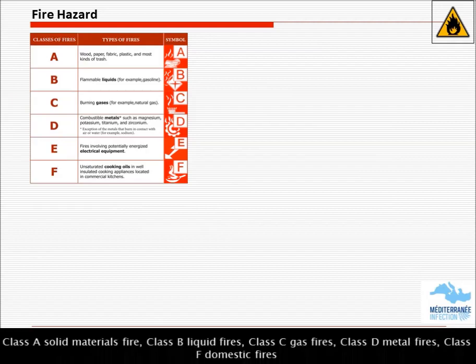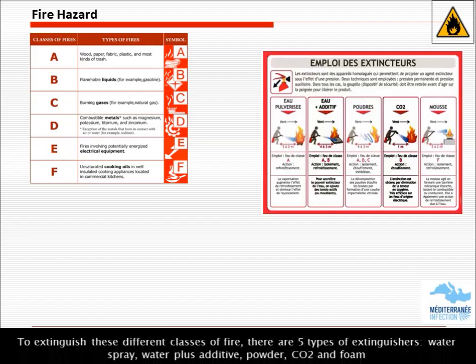Class A: solid materials fire. Class B: liquid fires. Class C: gas fires. Class D: metal fires. Class F: domestic fires. To extinguish these different classes of fire, there are 5 types of extinguishers: water spray, water plus additive, powder, CO2